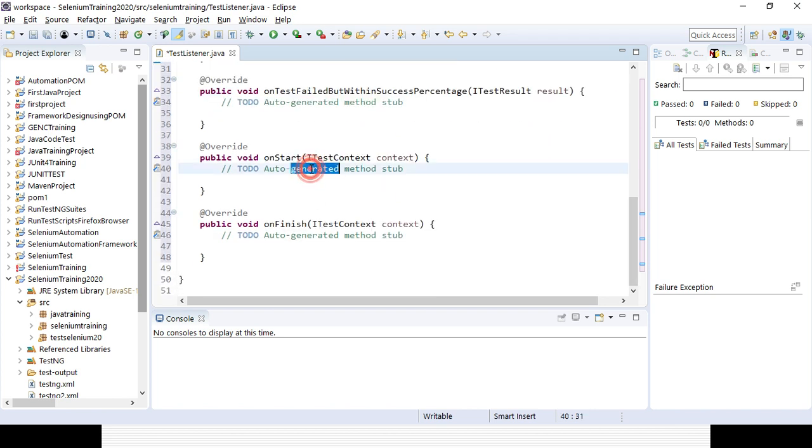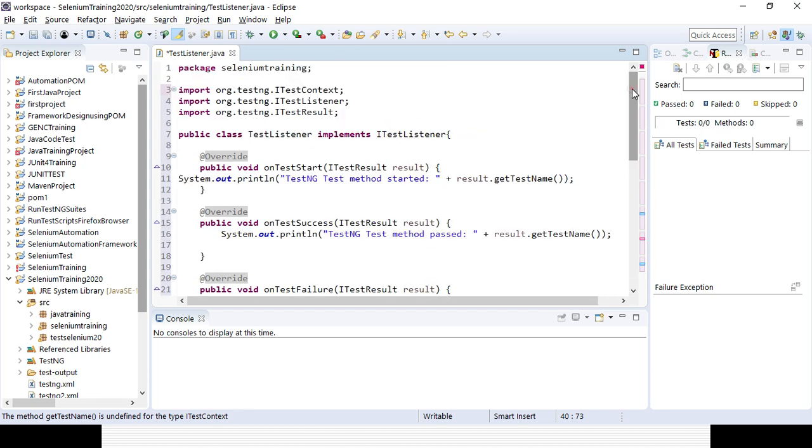And similarly for the other one, it is at the test level, not at the method level. So instead of TestNG test method, TestNG test started, and here you will need to give context dot, not the result, context dot get name.